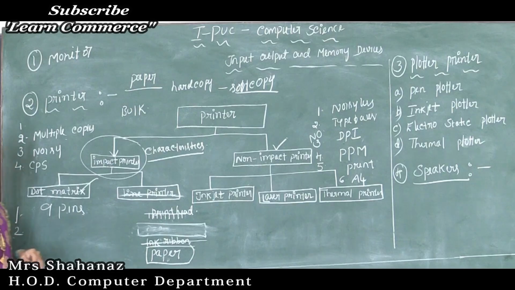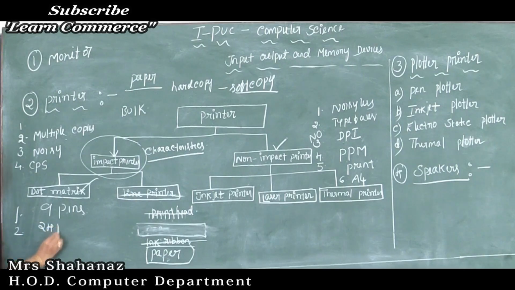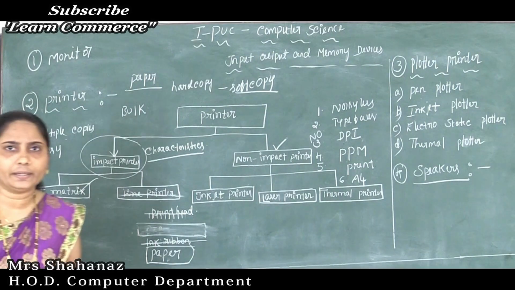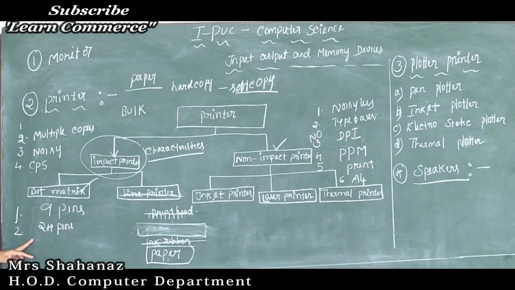But nowadays we can say the high quality dot matrix printers have 24 pins. If more pins, it is going to print more characters per second. Correct no? 9 pins will display and print characters, but it cannot print a large number of characters. But if we use a 24 pin print head, then surely we can say it gives high quality print. Correct no? It is going to print more characters here. So we can say that the high quality dot matrix printer can have 24 pins for more precise images, for good images in this case.